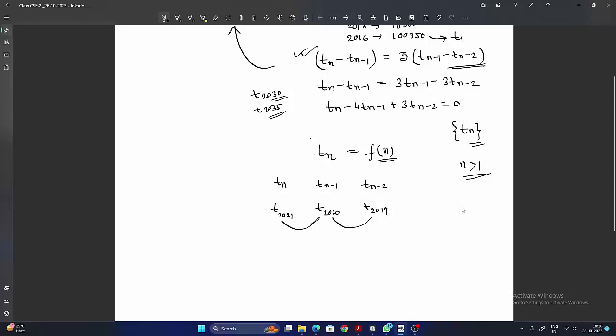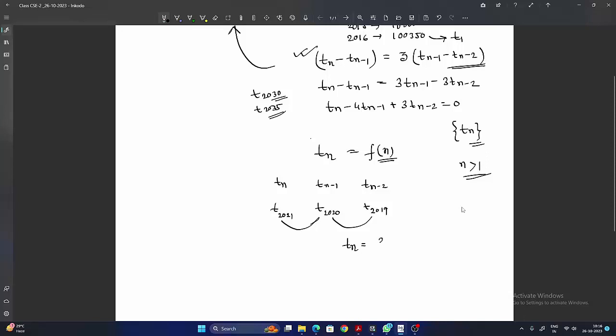It may change in a linear pattern, an exponential pattern, or any other non-linear pattern. But if I take the linear pattern like here, the population change from Tn to Tn minus 1 is thrice, that is 3 times, the change from T of n minus 1 to T of n minus 2. So now the relation has come. From this relation we want to build one Tn expression which is a function of n, like maybe 3n square minus 4n plus 1,